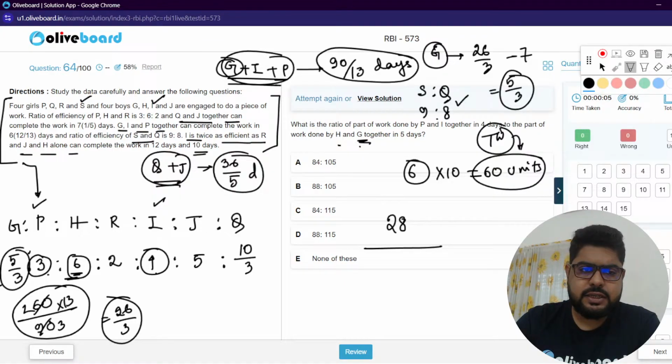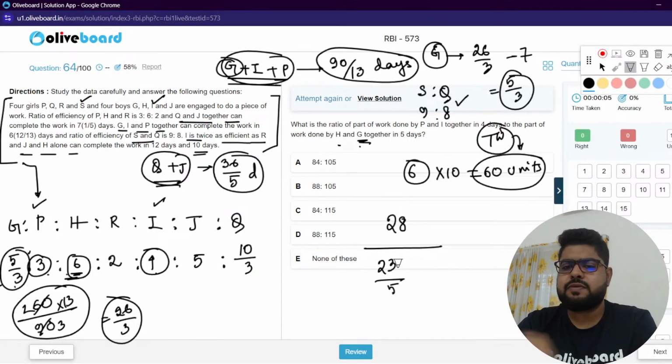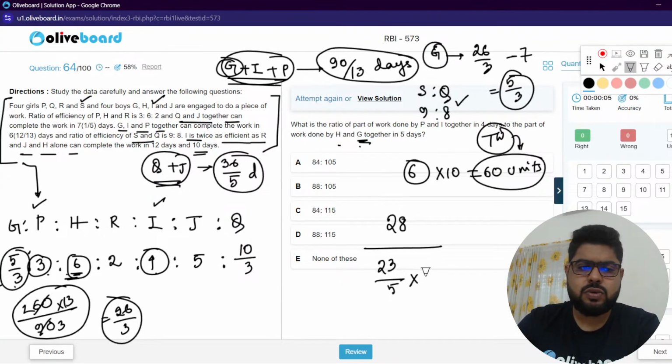H is 6, g is this. 3 6 are 18 plus 5 23. अरे by 5 था ना, हाँ देखा, I had done an error. 3 6 are 18 plus 5 23 into,